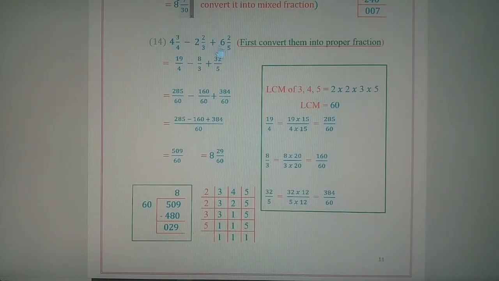So in order to solve these three fractions, their denominators should become 60. We have to convert the denominators as the LCM integer 60. So to convert the denominators into 60, I have done the rough work in the rough column. The first integer is 19 upon 4. But how did we get 19 upon 4? That is, the mixed fraction has to be first converted into an improper fraction.